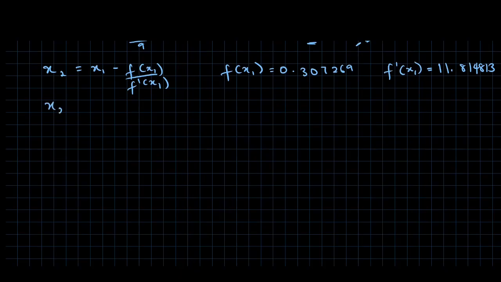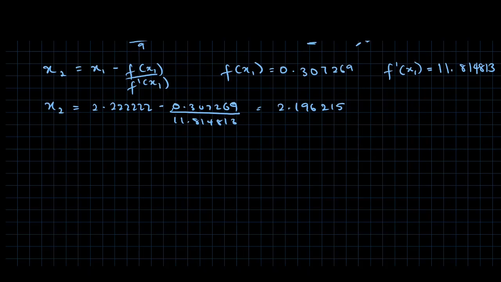So now x2 is going to be equal to 2.222222 minus 0.307269 over 11.814813, which is going to be equal to